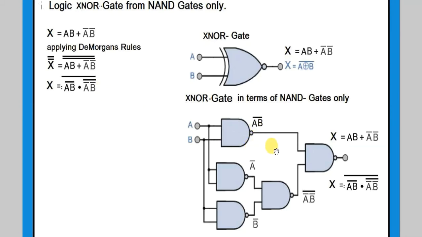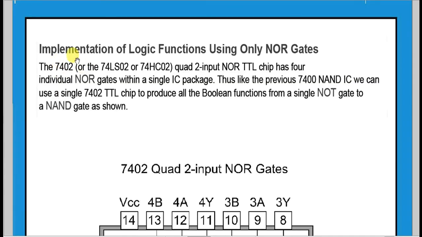So we get A complement from here, B complement from here. So we get A complement, B complement. So A B complement from here we fed. Then we get the A complement, B complement, the whole complement, and then we fed to another NAND gate. We get A B complement dot A complement, B complement, the whole complement of the whole complement. Now we have the implementation of the logic functions using only NOR gates. So it is the universal NOR gate.